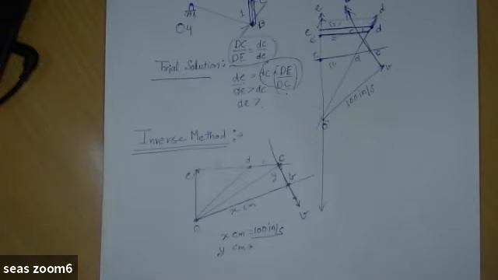One thing is pretty clear while studying all these methods: unless you are proficient with simple velocity diagrams, you cannot solve the problems using the trial solution and inverse method, because you must have a certain sense of where the velocity diagram may go. It may go upside, it may go downwards.